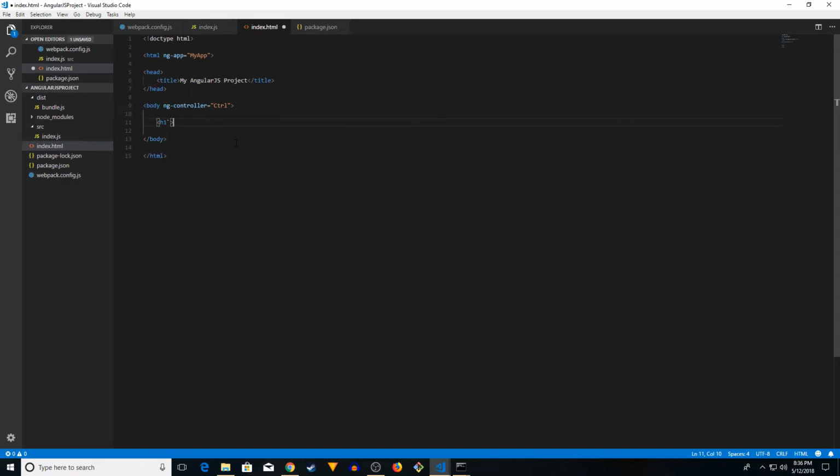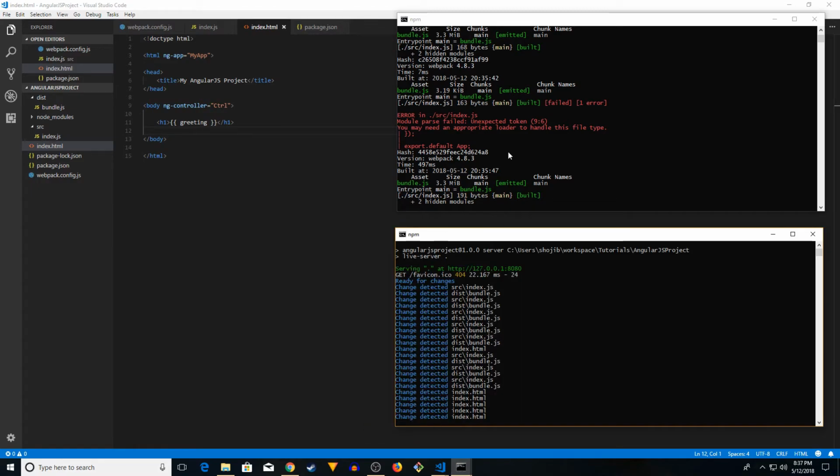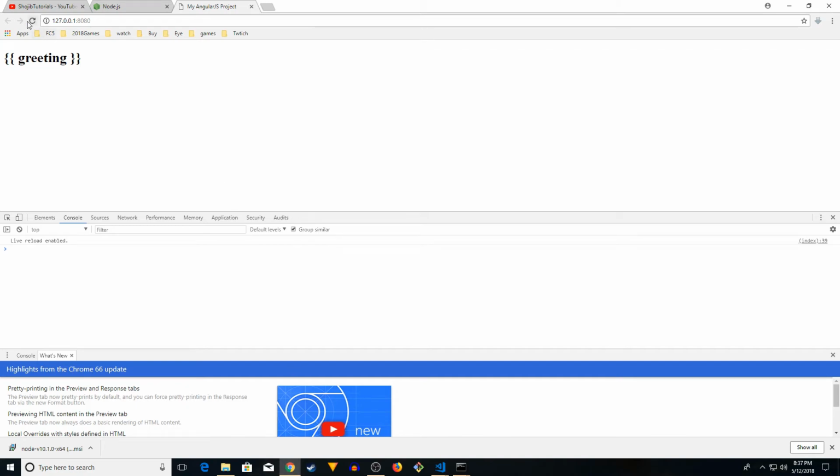Let's get an h1 tag, and we're going to access our greeting. Remember, greeting. So now it should work. So now we put in h1, and if you go back to your terminal or command prompt, every time you make a change and save it, it automatically bundles it, and if there's an error, you will see some error. The live server automatically detects if there's any new changes. It says change detected, so you don't have to keep restarting your server or rerunning Webpack. Okay. All right, now let's go back to our web, and we should see